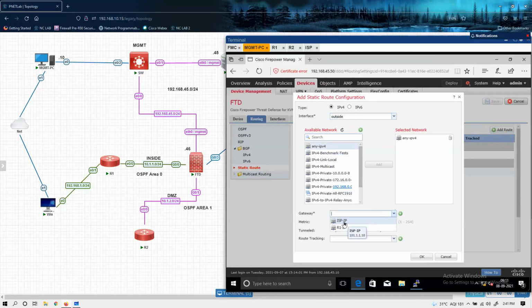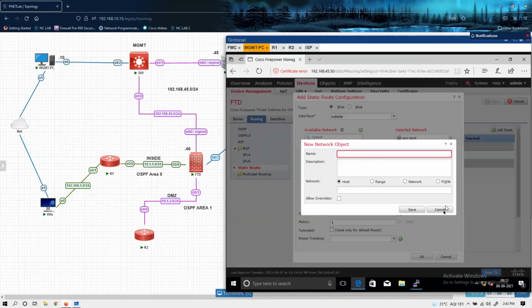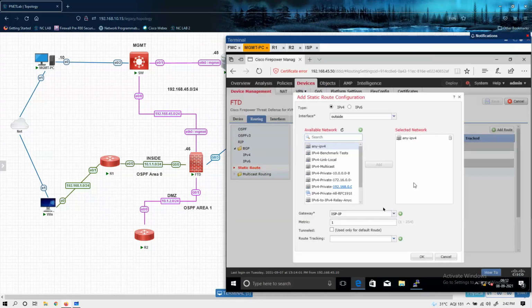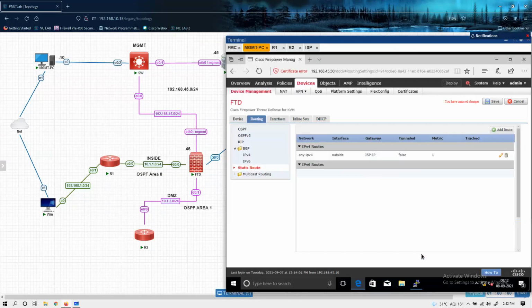This is an object which I created yesterday, 101.1.1.10. This is the ISP router IP address. You can click on this plus sign to create another object for any host, network, range, or FQDN. Here you can also enable route tracking, which means SLA, service level agreement. We will see that later. For now, let's click OK. So this default route is configured.